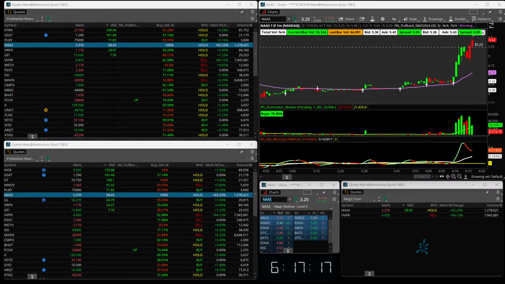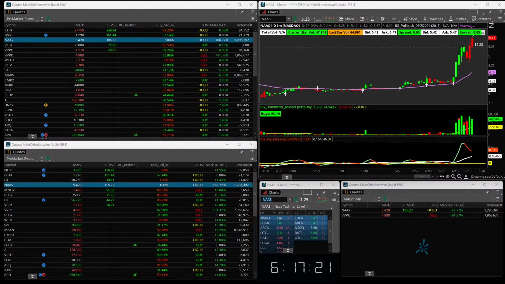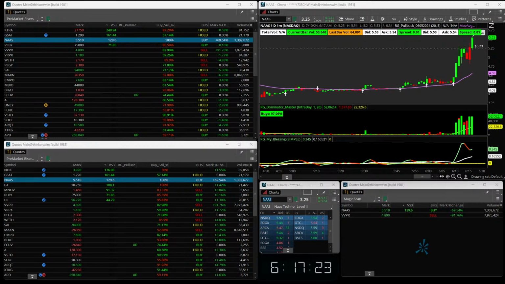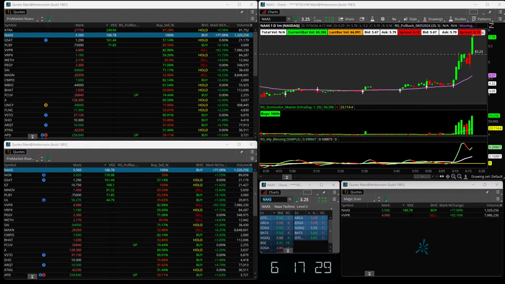Pushing up to 5.49 now. Nice 20-cent jump there. Going to push a little higher, 5.57, 5.58, 5.59,